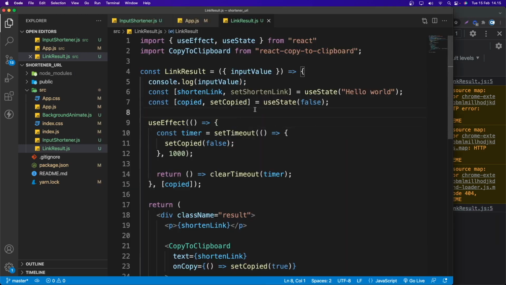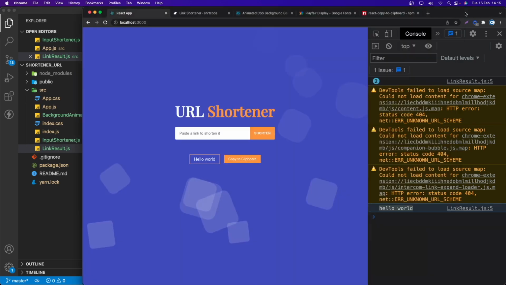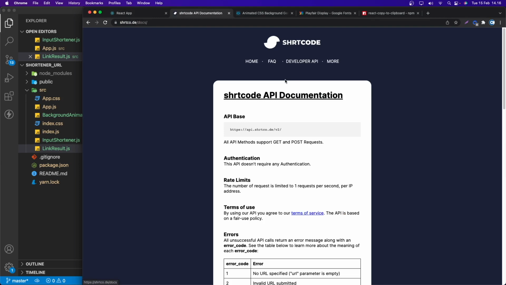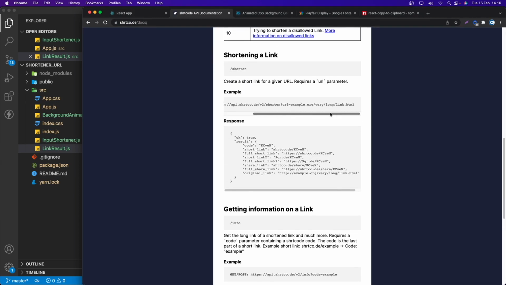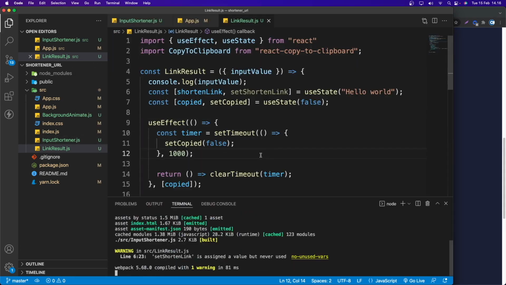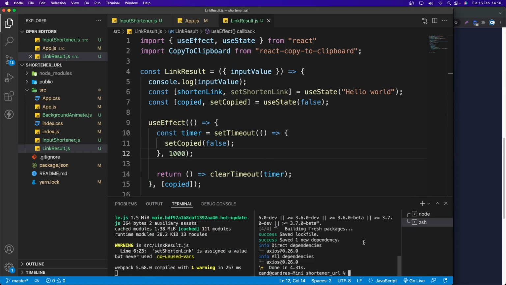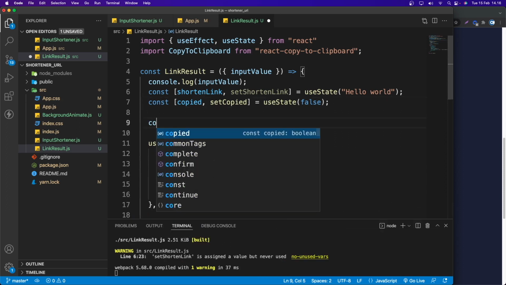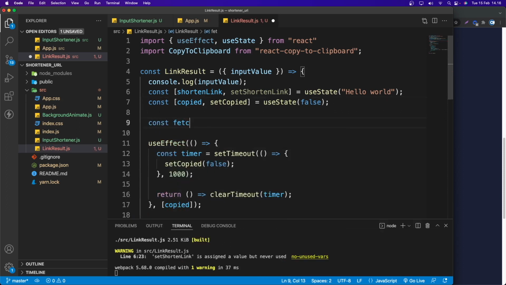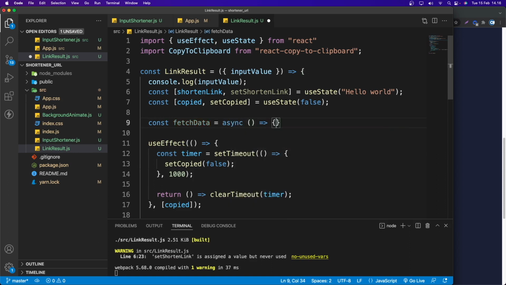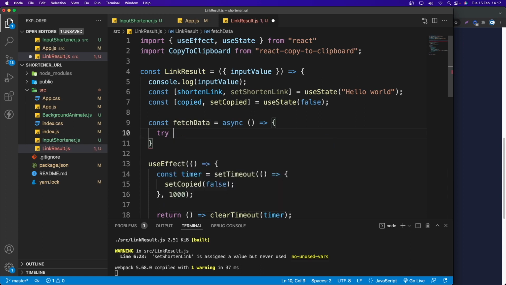Pretty nice. So what we need to do next is basically make a GET request to this URL, in this developer API, and then this URL here. Okay, you can just copy that. And also I'm going to use Axios basically. So here I'm going to add Axios. Okay, hit enter. All right, done. Pretty fast. Cool. So in here I'm going to create a function called, let's say, fetchData, set that equal to an async function. Okay, and in here I'm going to say try and catch.